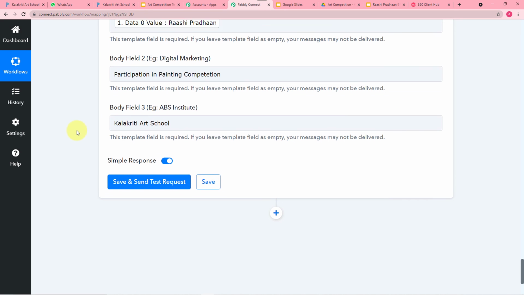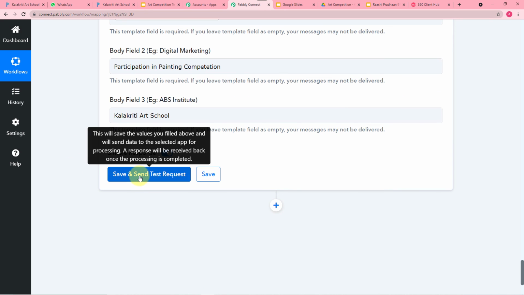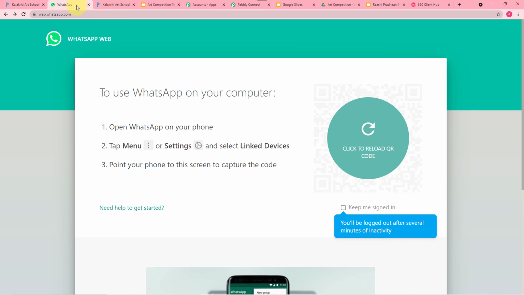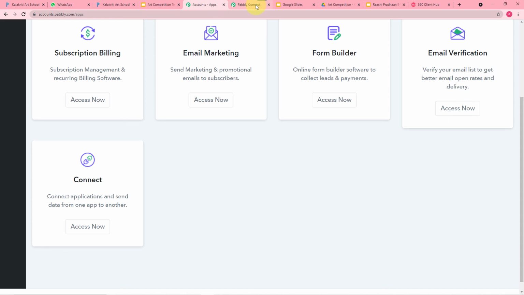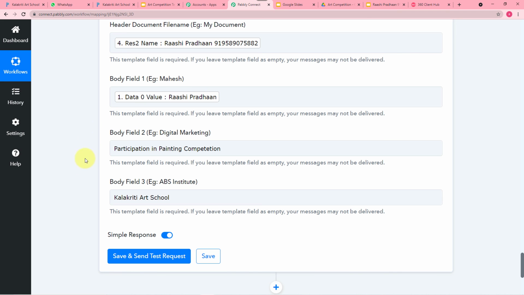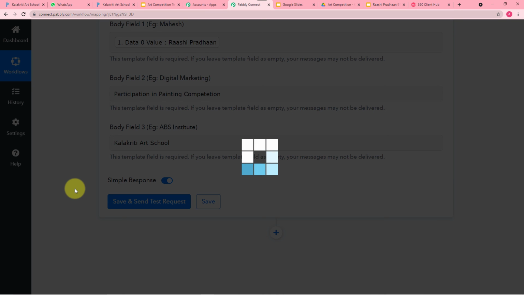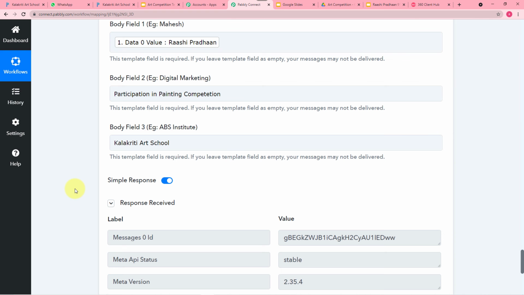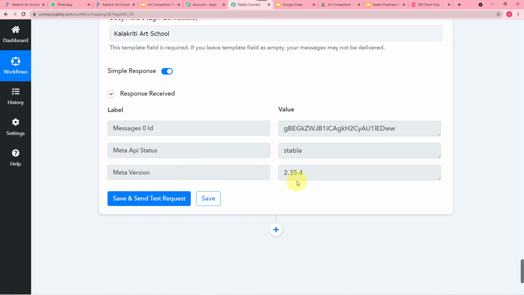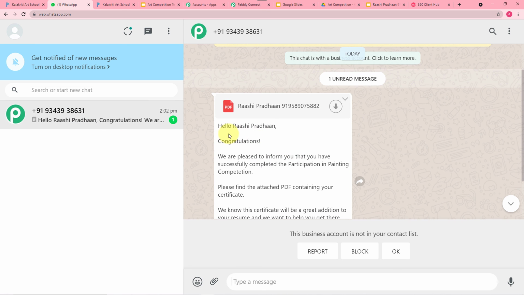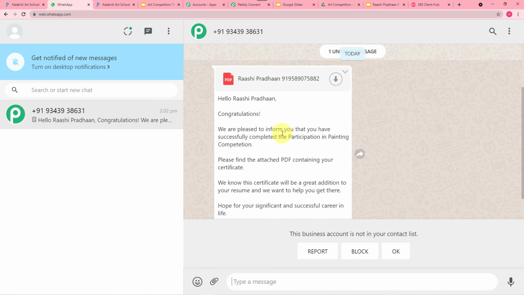Right now, after filling all these things, when I click here on save and send test request, this data will be delivered according to our template on the WhatsApp account here. Alright, so let me click here on save and send test request. Alright, so you can see it is showing this type of response here, and we have received a message on WhatsApp. Let's check it. And the message is showing, hello Wm Wbbly congratulations, we are pleased to inform you that